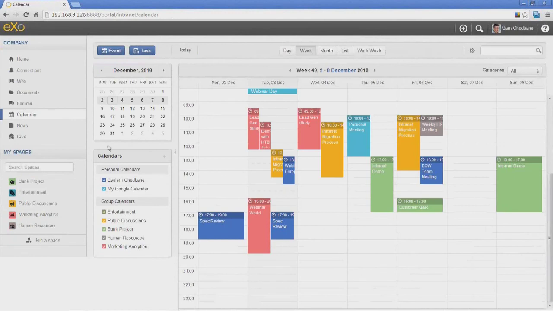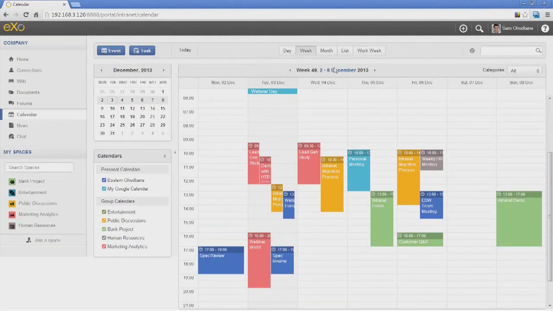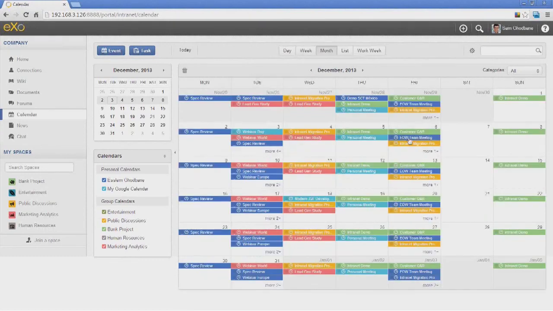So you can see that you could go through this repository in order to gather all the existing calendars in one space. So this user could have both a personal calendar as well as